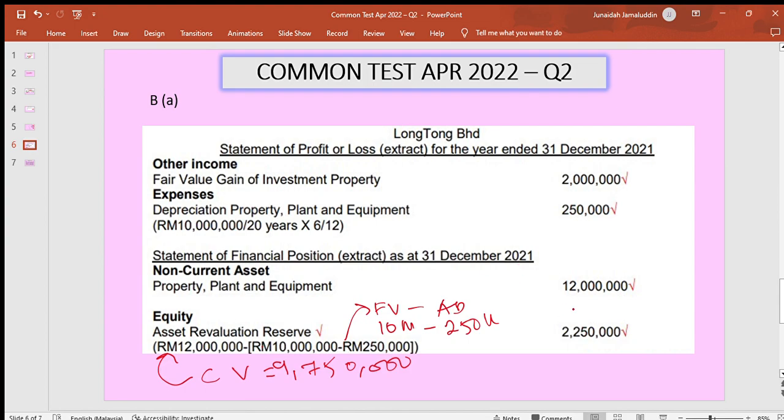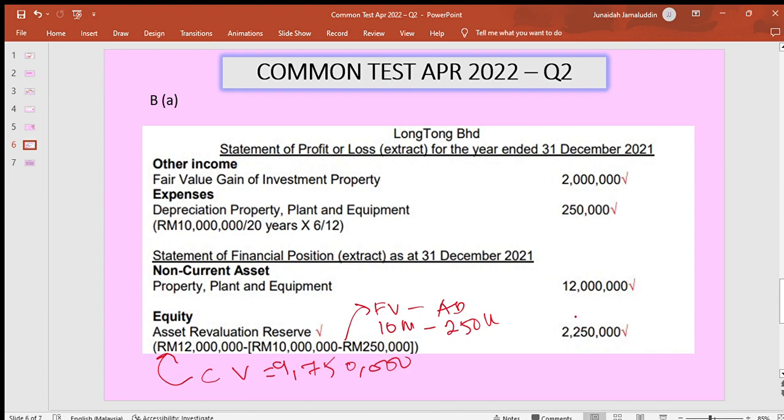So we get 2,250,000. This is a surplus on revaluation. Since this is the first time revaluation, or initial revaluation, of the PPE, when we get a surplus, we have to credit it into ARR. That's why under equity we have to include the surplus under ARR amounted to 2,250,000. So this is the first time revaluation, and when we get a surplus, we have to credit into ARR. That's why the ARR should include the surplus, and we should include ARR under equity amounted to